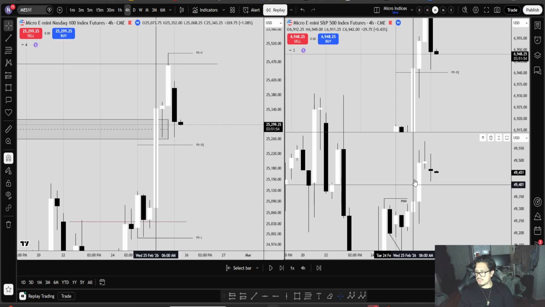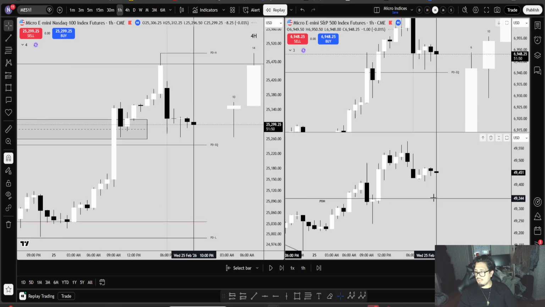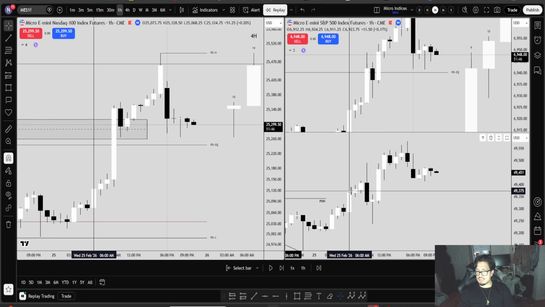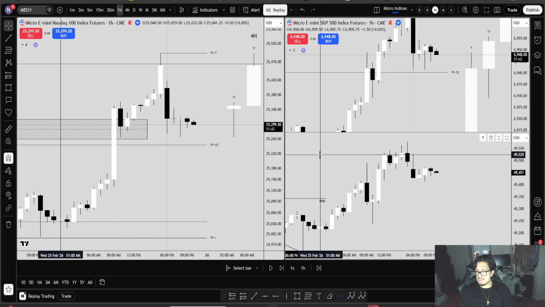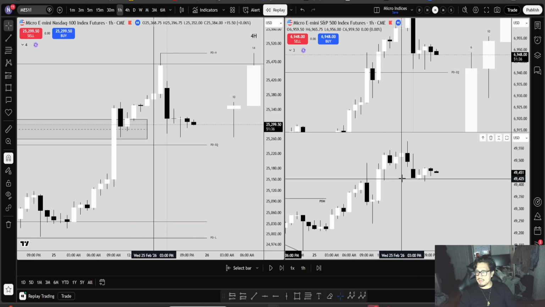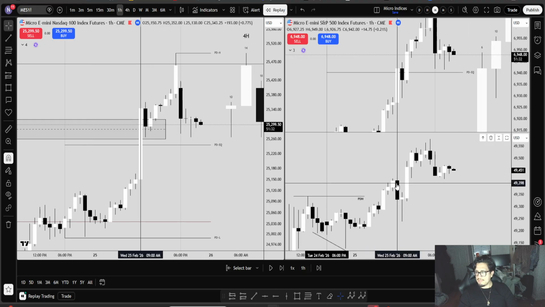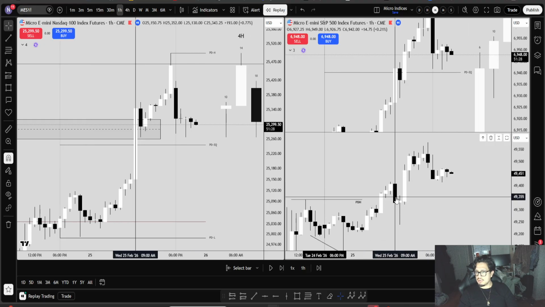During the New York session, there was an SMT there, right? Going on to the hourly, we also had that PSP right there: a down close candle for YM and an up close candle for NQ and ES. So it was a mixed thesis on the smaller time frames. Because of the decoupled market, it made it a little trickier to see what price was actually going to do, right?